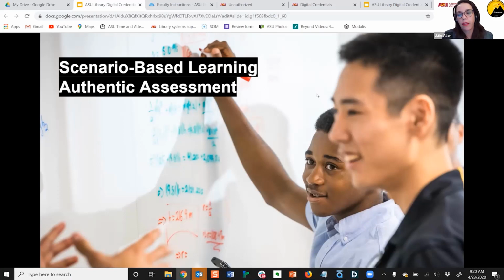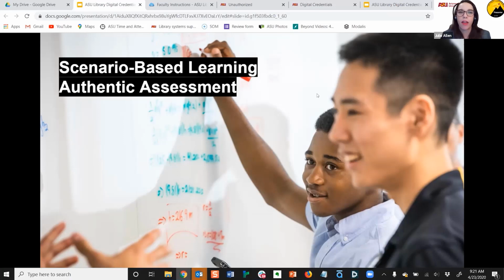And for now, most of our objectives are written at the recall level, the bottom two levels of Bloom's taxonomy, recall and understand. And we'd really like to get them up into that application level. So that is where we're going. We are really looking into building more scenario-based learning, potentially building some SCORM packages, maybe using Storyline to build some branching scenarios, and just finding different ways of getting away,